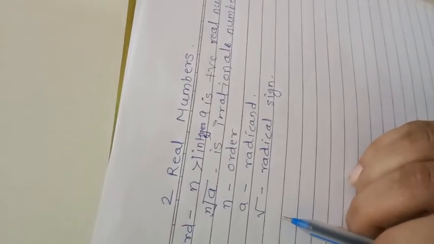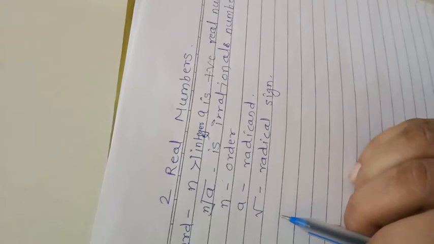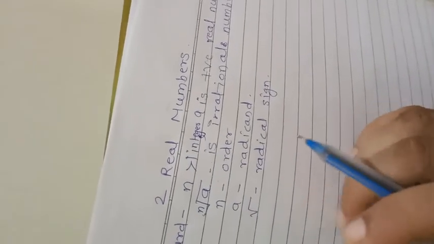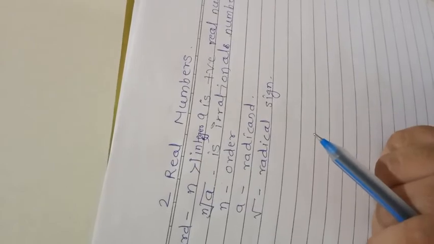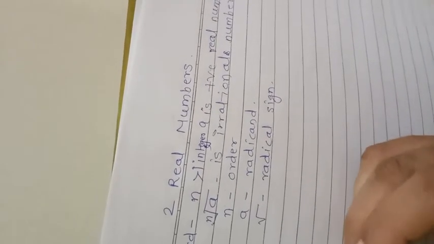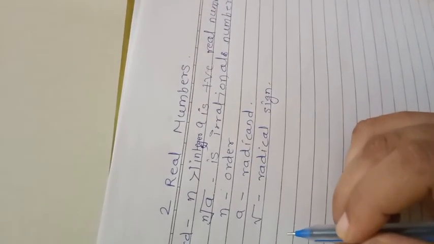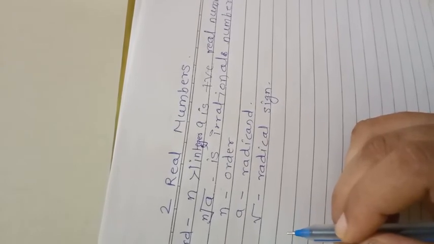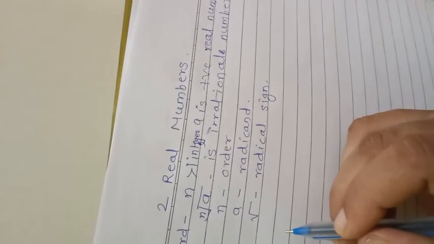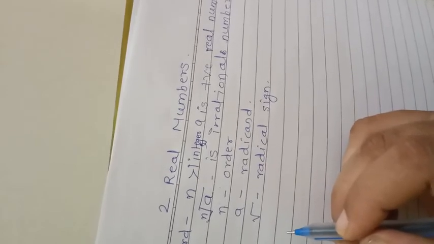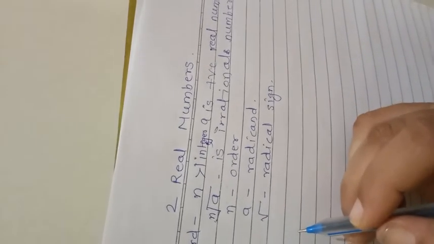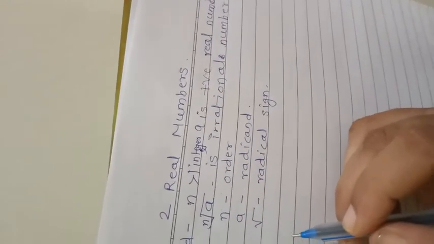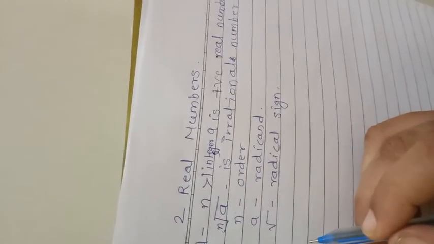See, the simplest form of the surd means: if the radicand has no factor which is the nth power of a rational number, the radicand is not a fraction, and n is the least order of the surd, then the form of the surd is the simplest form.